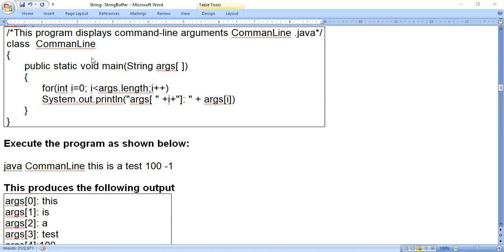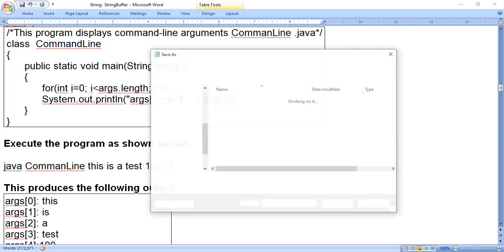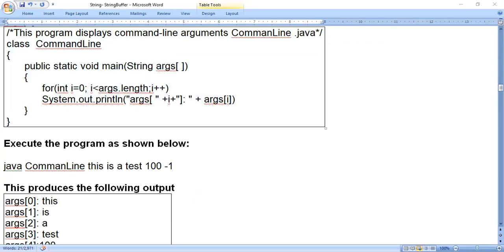Okay, so I have saved the file. Now we'll move to the command line. See, what we have to do is understand this program's output, so we have to open the command prompt.